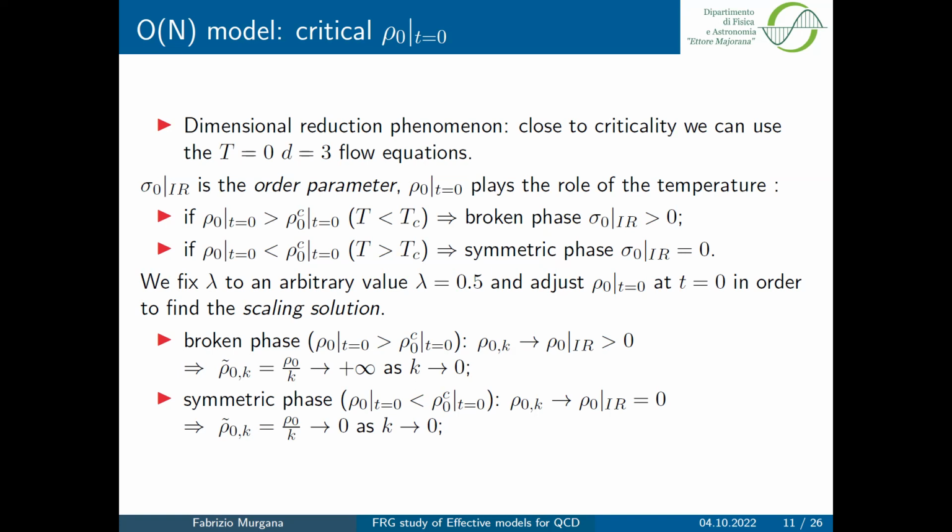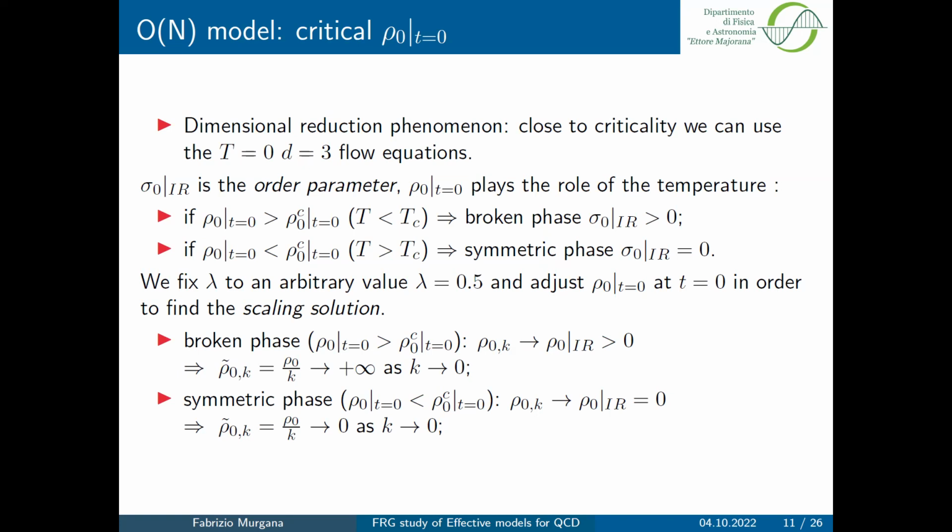But what plays the role of the relevant parameter? If you have a value which is bigger than, let's say, a critical value, then you end up in the broken phase. If it's smaller, then you end up in the symmetric phase. And this corresponds in temperature to being smaller or bigger than the critical temperature. Now we are facing a second order phase transition, so we are looking for a scale independent solution of the flow equation. And to do so, as we said, the relevant parameter is rho 0. So we just fix the quartic coupling to a fixed value, and we tune this value of rho 0. And what we expect, since we rescale, because of course only rescaled quantities will exhibit the scaling behavior, the scale independent behavior,